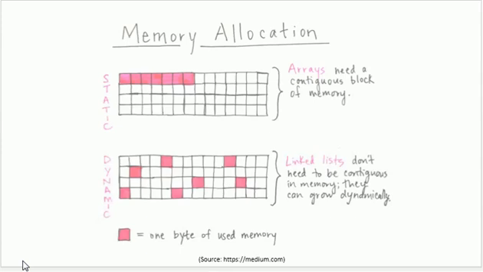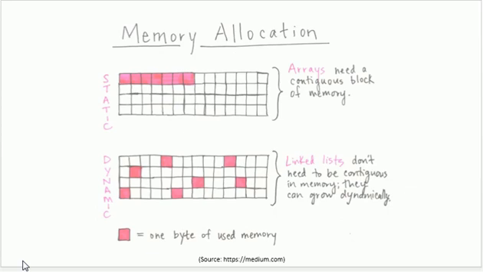One is the continuous memory allocation that is being used in case of arrays, and another is the non-continuous allocation. And linked list makes use of this. So the values which I want to save are not in continuity. We don't reserve a huge block of memory. We want to save values at different places in memory.